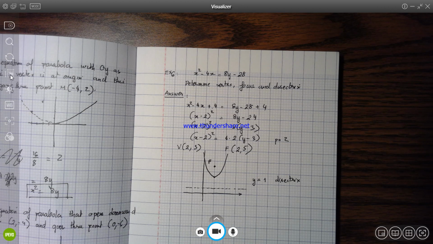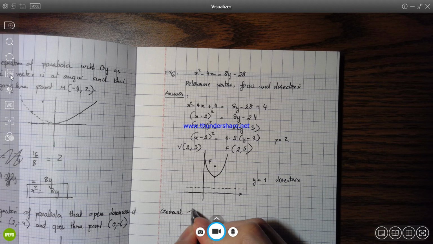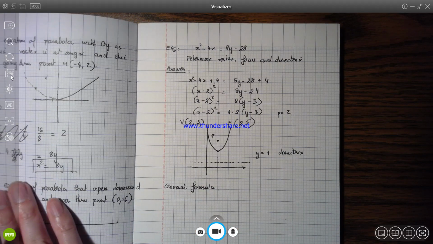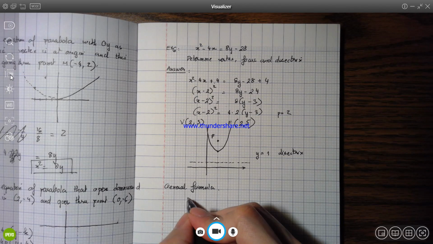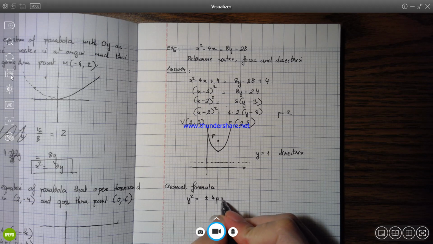But for the horizontal parabola, we have variable y with the second power, so you will have y squared instead of x squared. Then the general formula